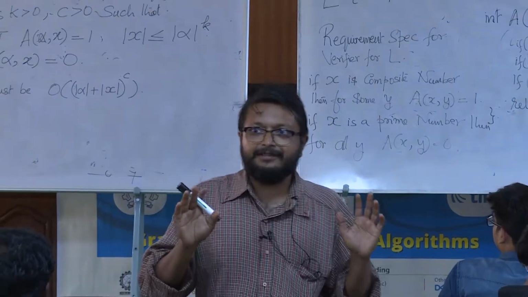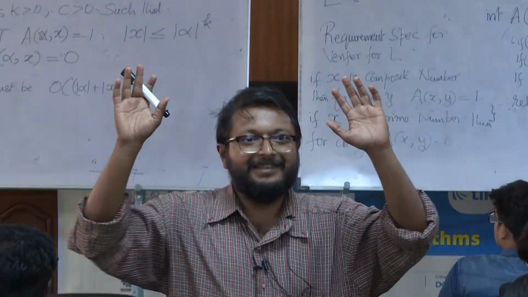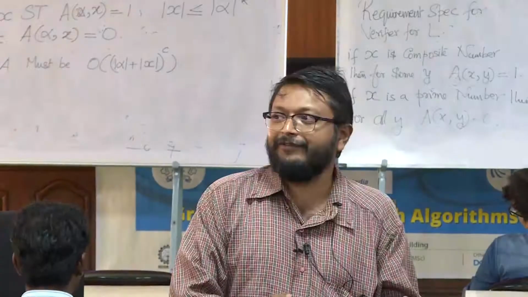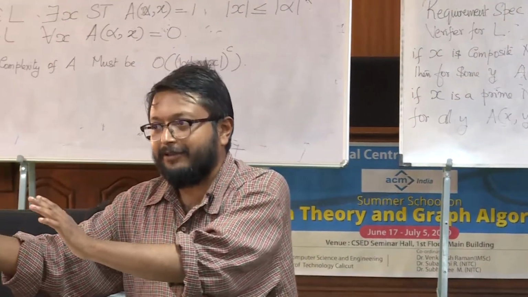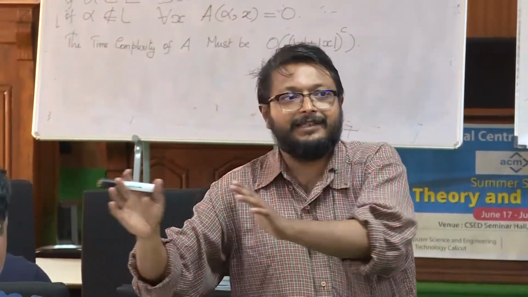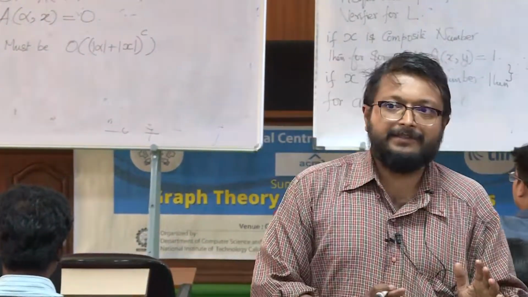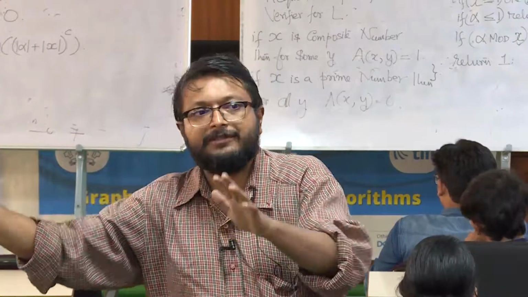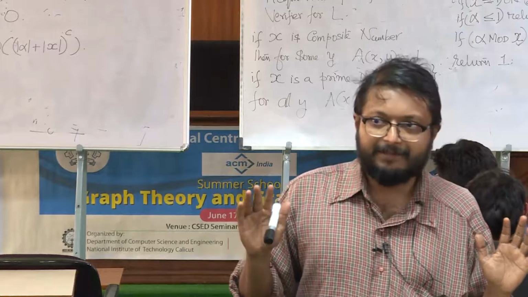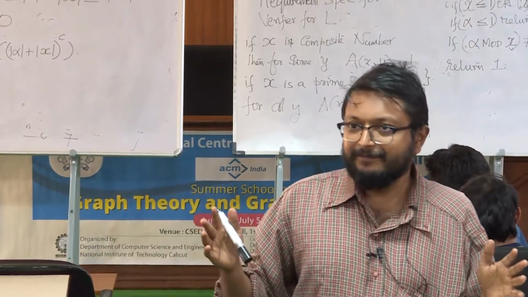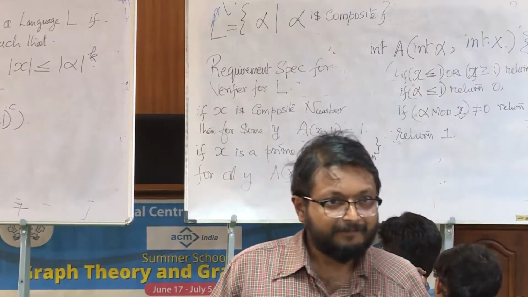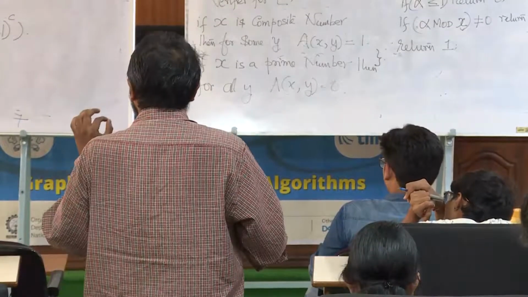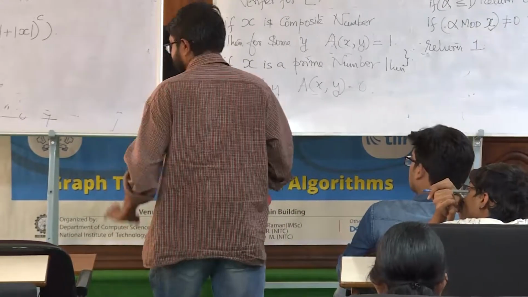The polynomial should not change with the input. I should fix the polynomial and say okay, given the input, the proof can be at most n cube. If k equal to 3, then if the input is of length 100, the proof can be of length at most 1000, because n cube, 10 cube is 1000, 100 cube is whatever. Okay. So, this formal definition is very clear, take your time.